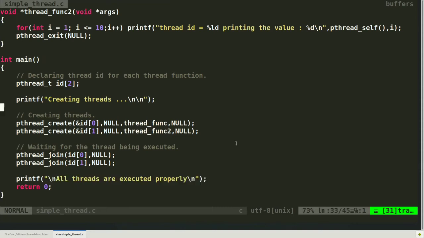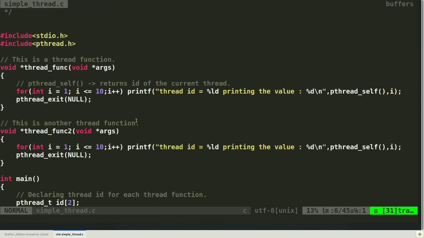Now let's head back to our thread functions. Here we are creating two thread functions, and as I mentioned, the pthread_self function gives the thread ID. Remember one thing: our thread function's return type is void pointer and its argument type is also void pointer. So if we provide some arguments, we need to typecast them to void star, and whenever we need to return something from that function, we need to typecast it from void star. I'll show you later, but first focus on this.